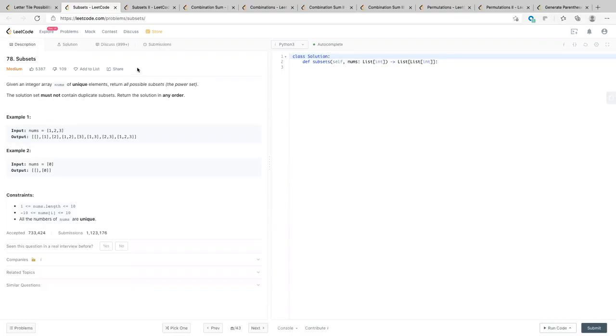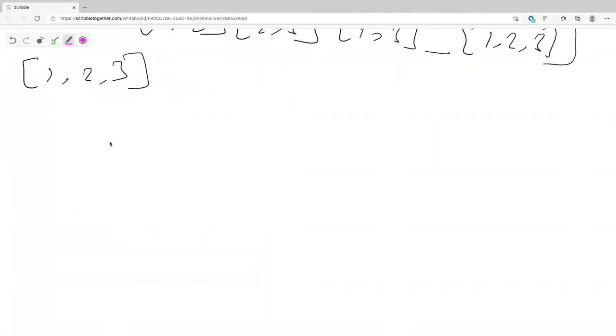If you had 1, 2, 3, what will you do? First you put down 1, a basic single digit. Single numbers first. Yes, that is how you generate intuitively. I'm just trying to help you figure out how to solve a new question in your on-site or phone interview. Don't think about how you're going to code it. First, try to generate your basic steps. So you first put down 1, 2, 3.